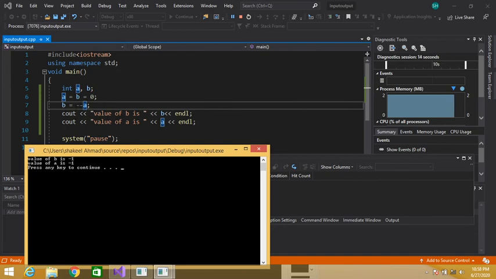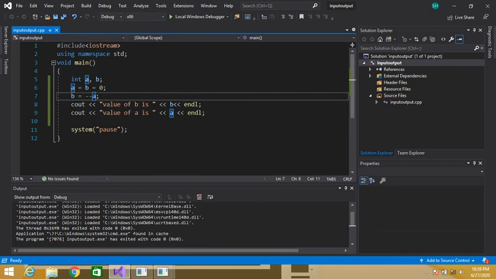So it has first decremented the value of a by 1, and then it has assigned the value of a to b. So 0 minus 1, the value of b becomes minus 1, so minus 1 is displayed on the screen. A contains 0, 0 minus 1, minus 1, so the value of a also becomes minus 1.